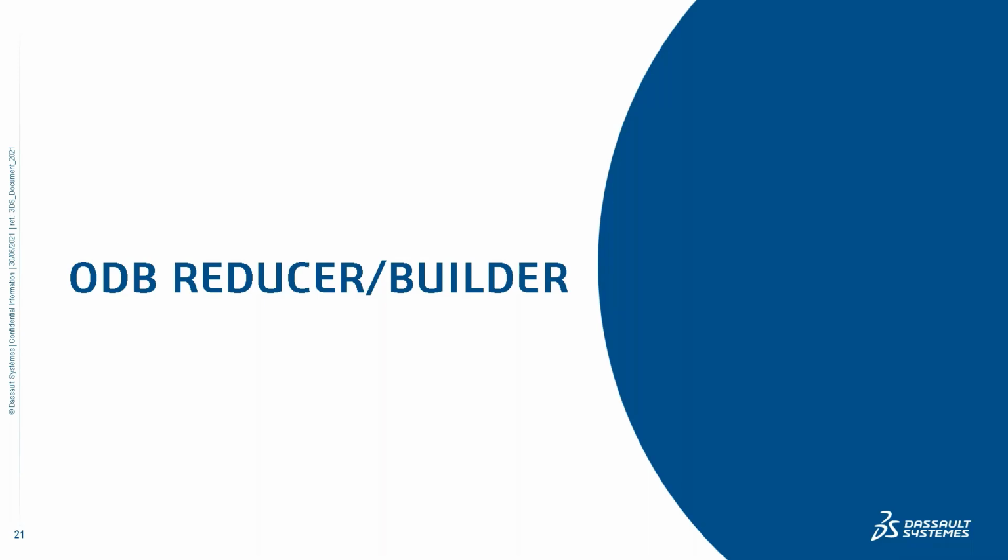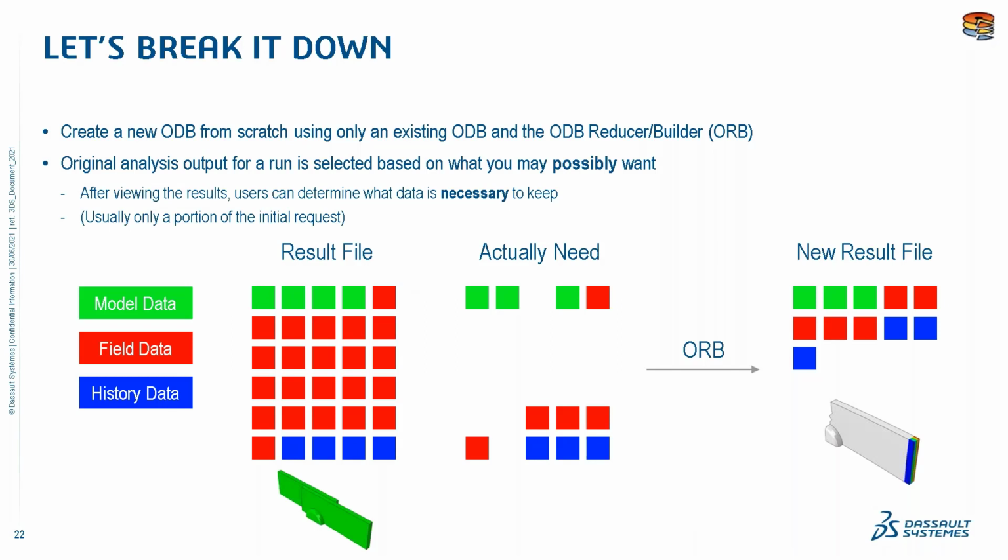It used to be called the OEBT, the ODB Extractor and Builder tool. Since it's been incorporated into Abaqus, we've renamed it the ODB Reducer Builder. So we've got a big database. It's too much for us. Let's break it down. Let's create a new ODB from scratch using only the existing ODB and the tool as